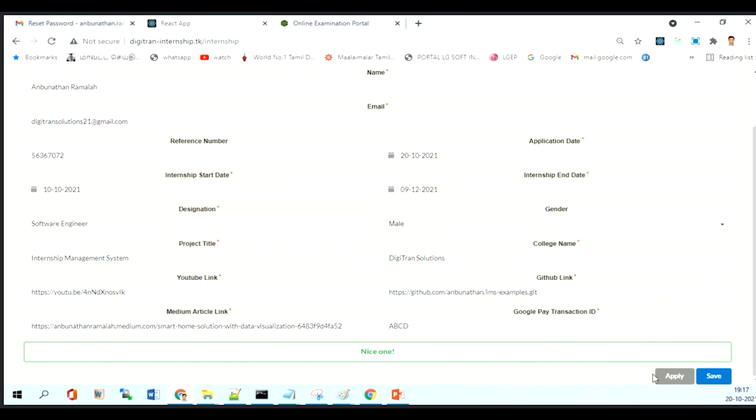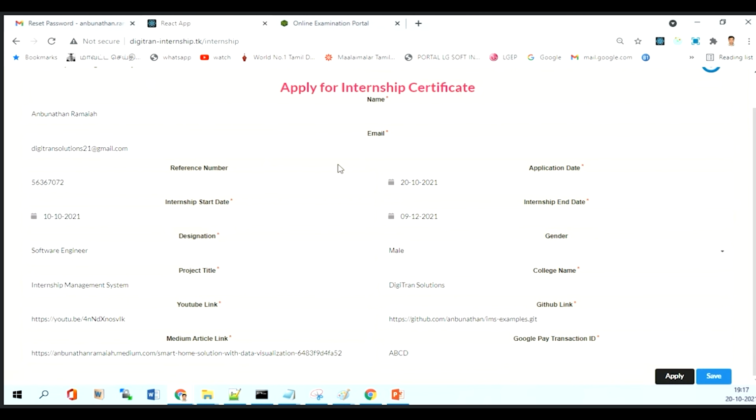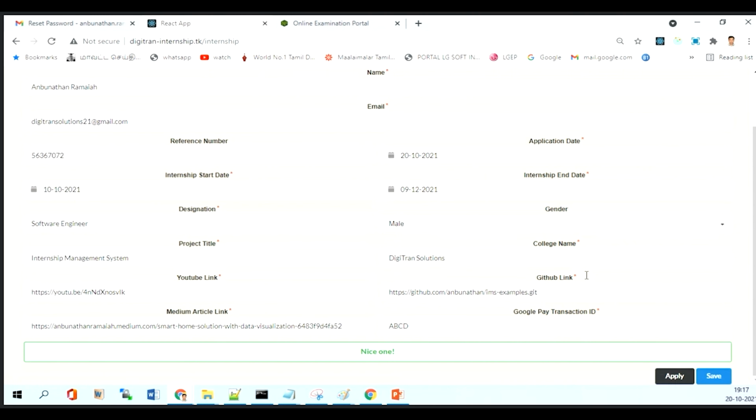See, now the apply button is disabled. Let me check whether it is saved properly. Yes, it's saved properly. Now the apply button is there. Just click on the apply button. So here it is. In the same way, the moment students click this, we will get a mail.